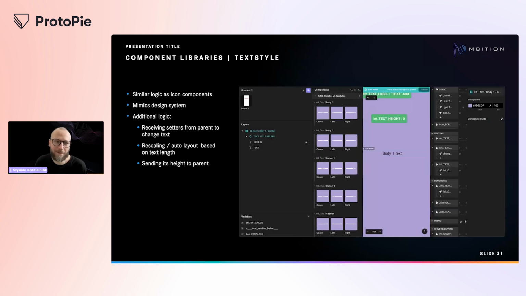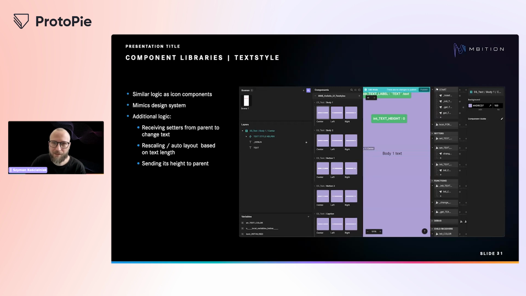Cool. Next one is the textile library. It can be a nice idea when you want to ensure that the text size, colors, and font remain consistent across all the components. It is, of course, a bit of work to create that logic, and it adds quite a bit of complexity, but it's a trade-off when it comes to consistency. So you need to decide for yourself what you want to achieve.